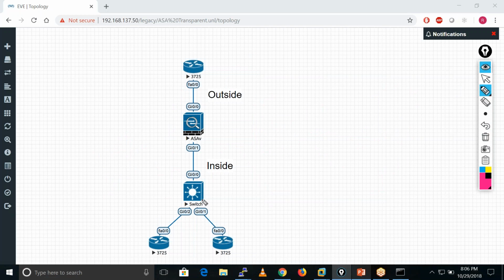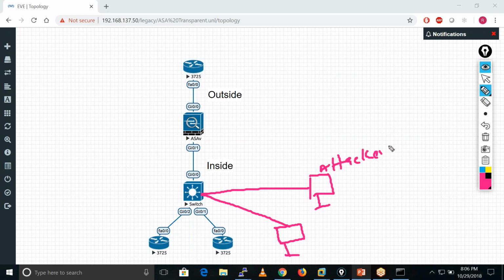Because this transparent firewall also prevents us from this, let's suppose we have one PC here. And let's suppose this is the attacker PC. This is the attacker. Okay.